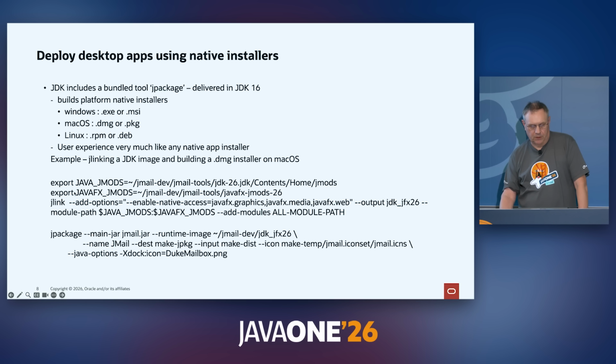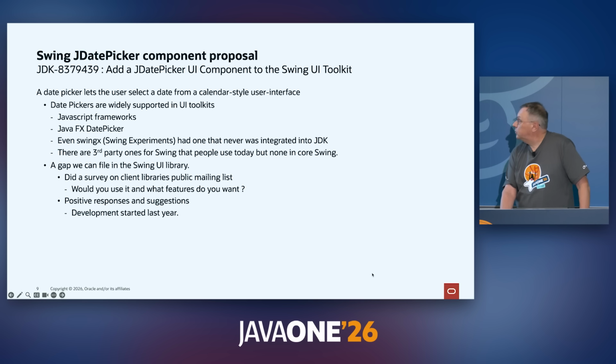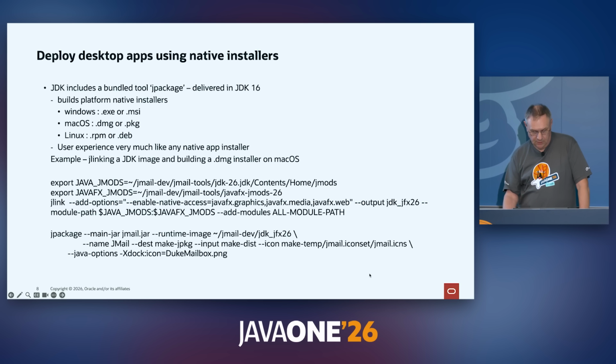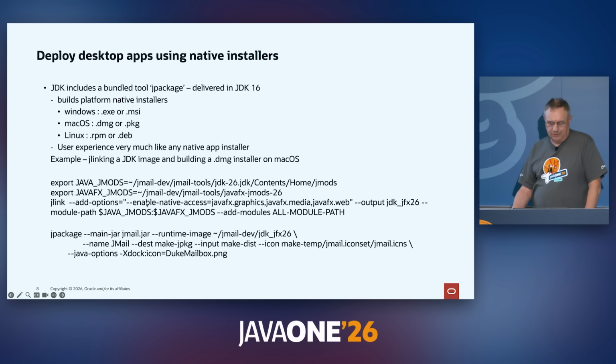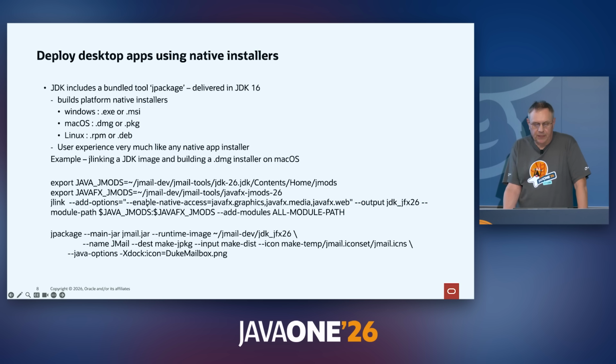And so I've got a couple of exports which point to where we can get the JMods for the JDK and for JavaFX. And then there's a JLink command. The first part is, whoops, that was not what I meant to do. I was trying to highlight with my mouse, but it doesn't work, of course. So enable native access